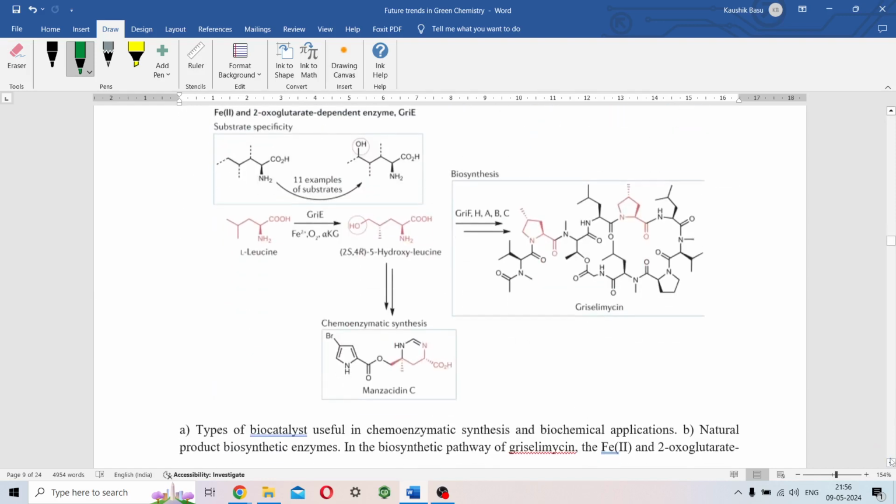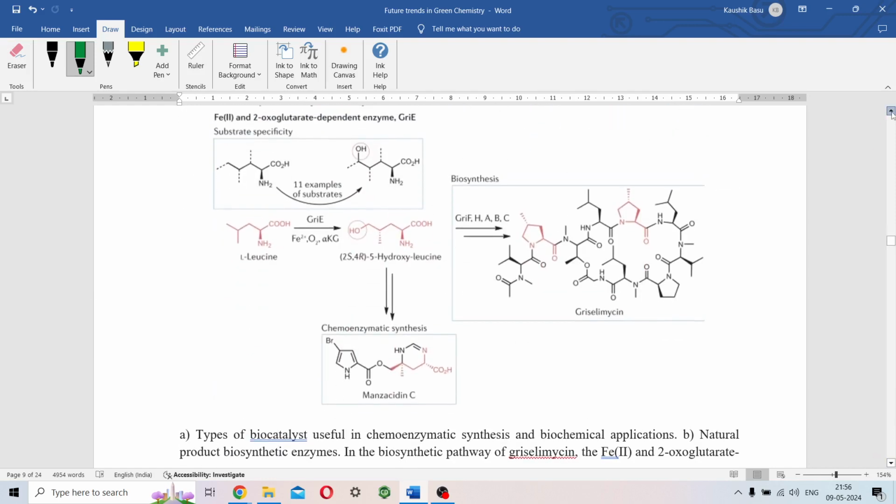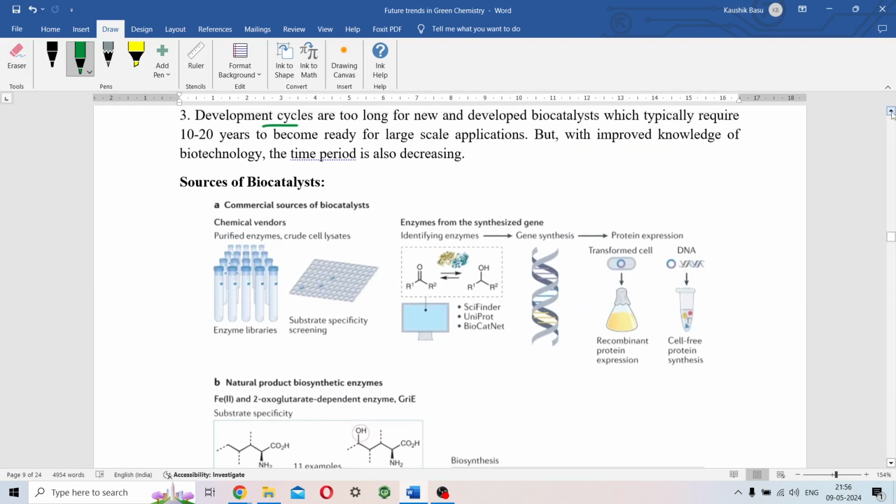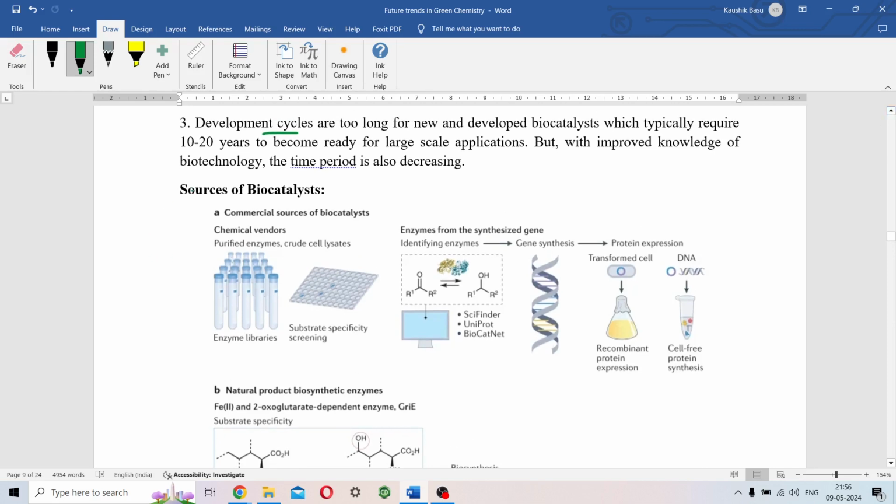এরপরে আমি কতগুলো কার্টুন টাইপের জিনিস দিয়েছি। এগুলো তোমার মুখস্থ করার দরকার নেই। এটাও নেচার বা নেচার কেমিস্ট্রি পেপার থেকেই নেওয়া। তুমি কমার্শিয়াল ভেন্ডারের কাছ থেকে, কেমিক্যাল ভেন্ডারের কাছ থেকে এনজাইম কিনতে পারো।